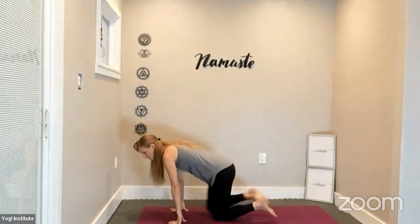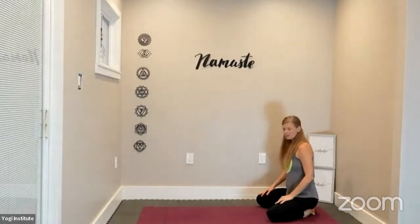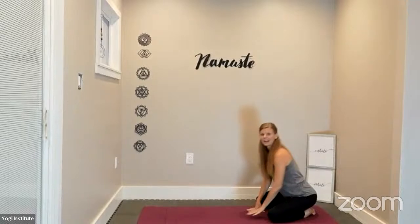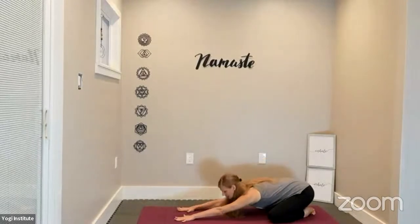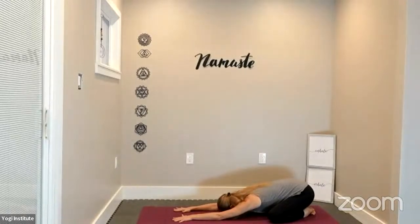Coming to the backs of your mats, big toes come to touch, knees come out as wide as feels comfortable in your body today. Sink your hips back as you start to lengthen your fingers forward, letting your forehead rest down. I invite you to spread your fingers out wide and anchor yourself into your palms as you sink your hips back and start to feel the chest sink a little bit more in toward the floor. I invite you to close down your eyes here, spread your fingers wide, and start to become aware of your